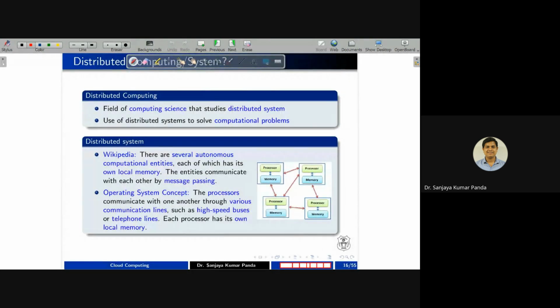Now, if you see the definition of distributed computing, you can see this definition from various angles. It is a field of computer science that studies distributed systems. We talk about distributed systems in which we want to achieve distributed computing. So it uses distributed systems to solve various computational problems. If you want to solve a very complex problem in which you need a large computation, a single computer is not sufficient, or you can say a group of computer systems is also not sufficient, then in that case you have to go for distributed computing.